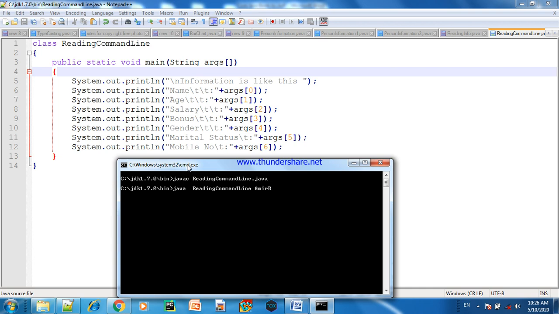Amir Beg. We cannot put a space because a space will bring this token into the next argument, because a space makes a different argument. So we have to keep it together.